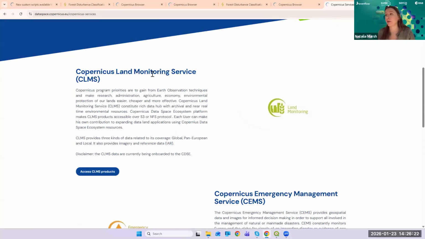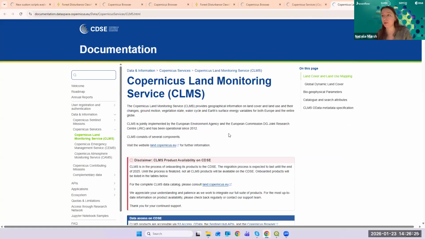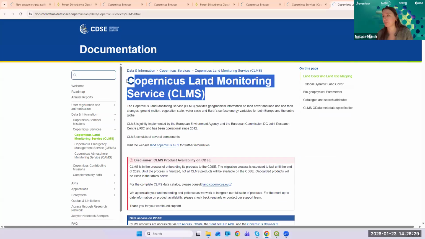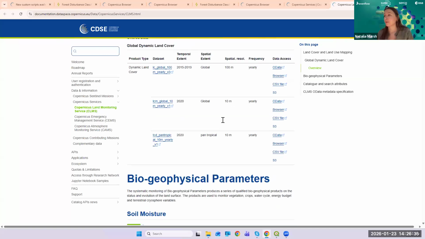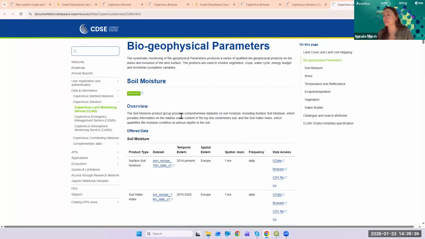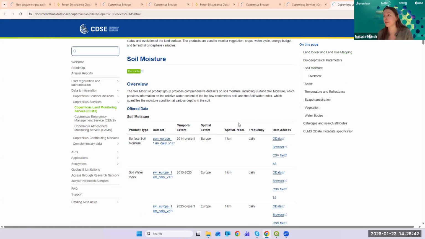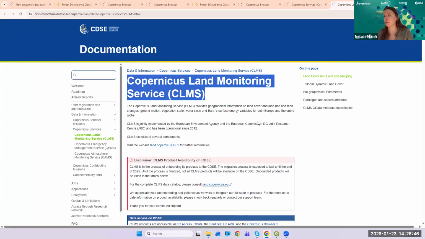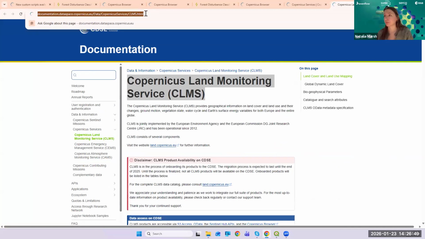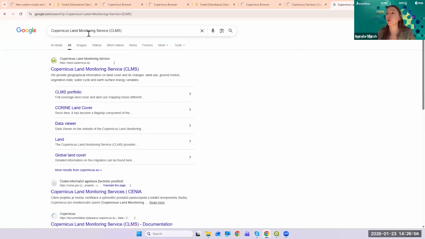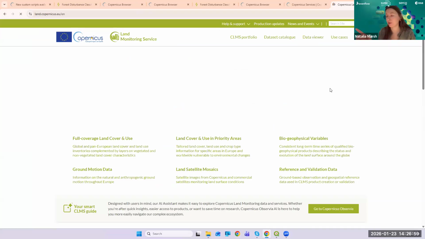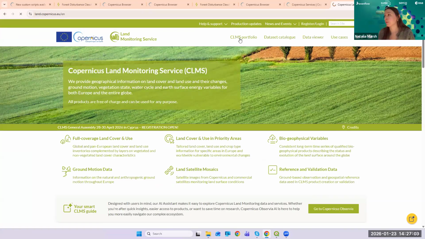Let's take a look closer at Copernicus Land Monitoring Service. And for example, CORINE land cover is a part of Copernicus Land Monitoring Service. Here you will find a lot of very boring, potentially, and lots of letters information about different layers available in this specific service of Copernicus. But there is also a viewer, so if you Google Copernicus Land Monitoring Service, there will be a specific website for this one, and you will be able to find here the portfolio of different layers available, a data viewer just to visualize those layers online,